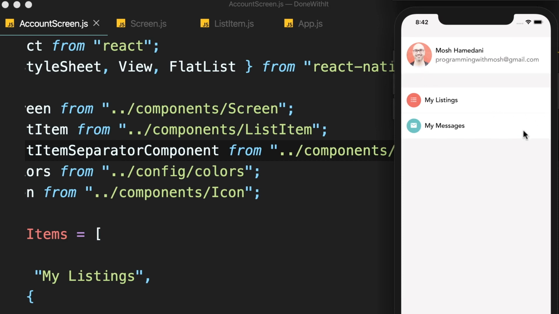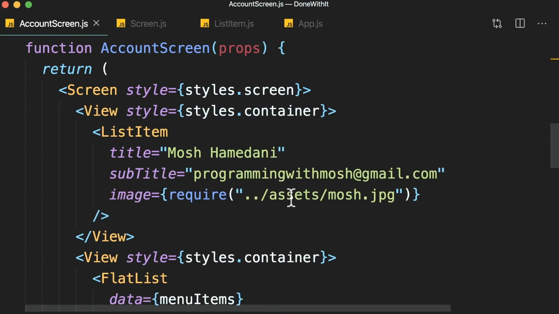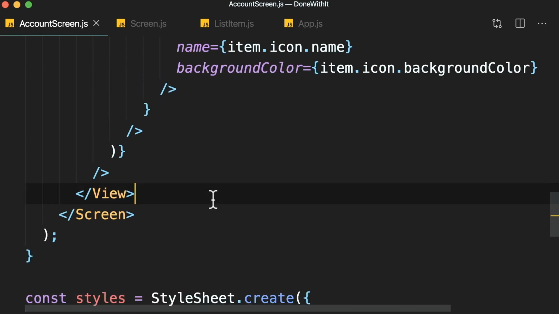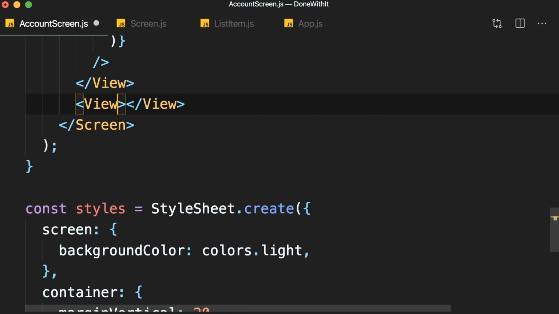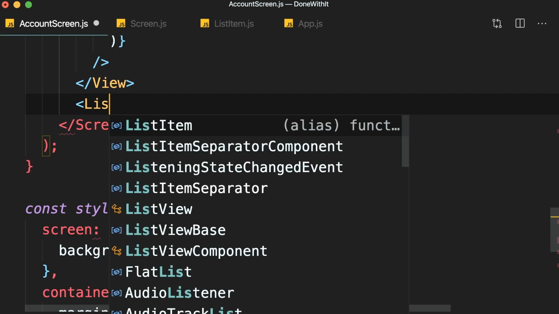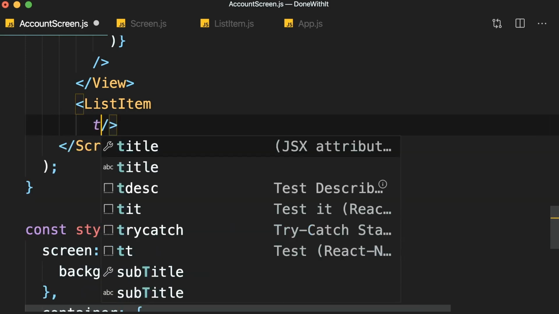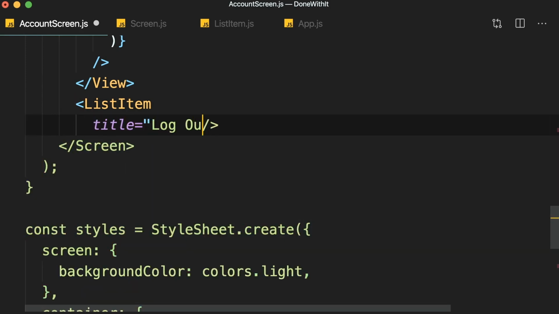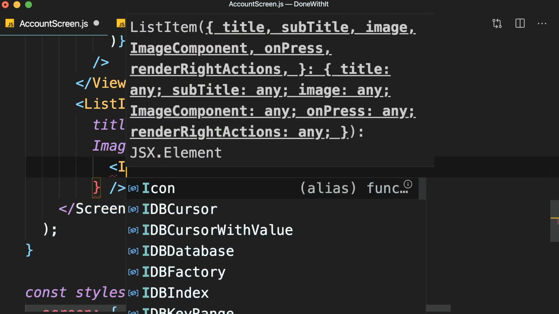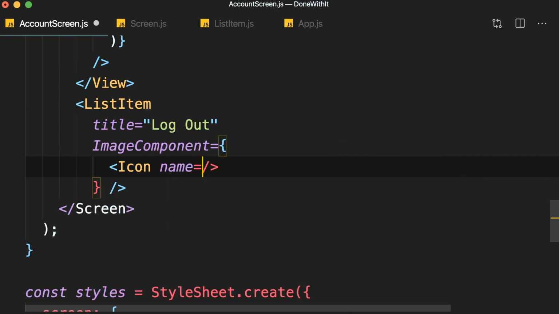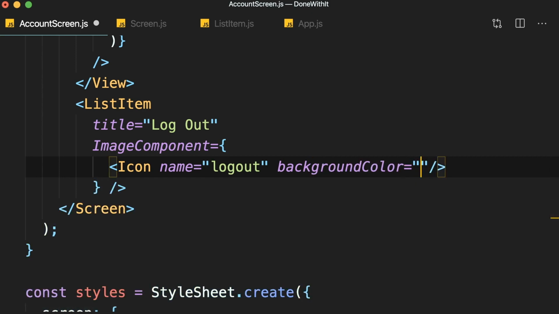Beautiful. Now the last part, we need to add the logout menu here. So after our second container, we add another container. Now in this case, we don't really need this container, so we can just use a list item. We set its title to logout and its image component, or more accurately, icon component, to an icon. The name of this icon is logout, and I'm going to set its background color to, where is my cheat sheet? Okay, it is